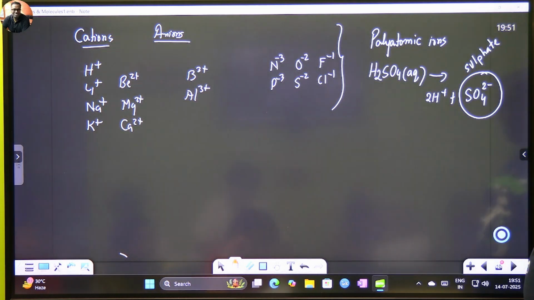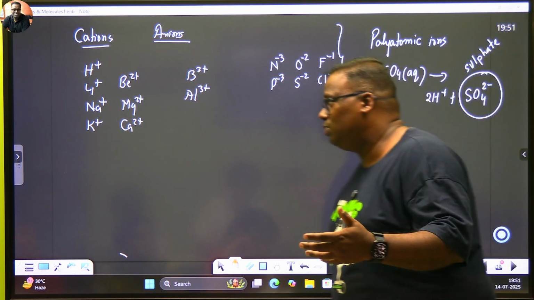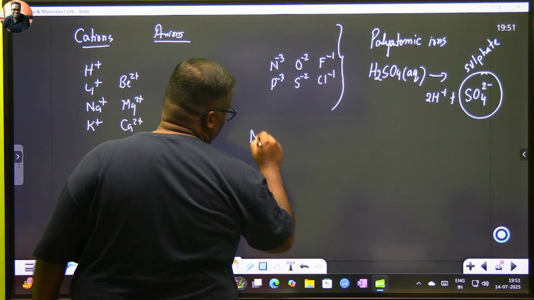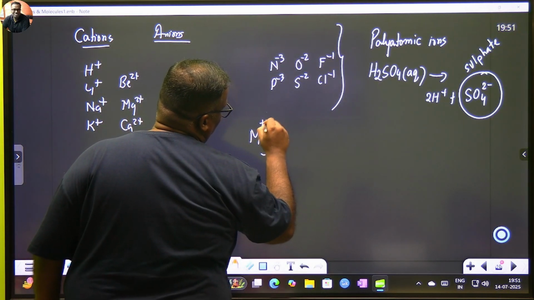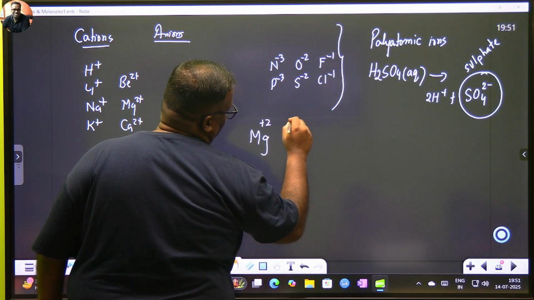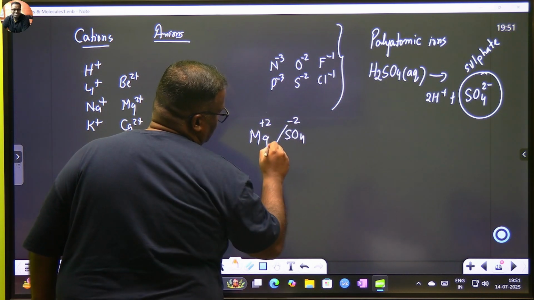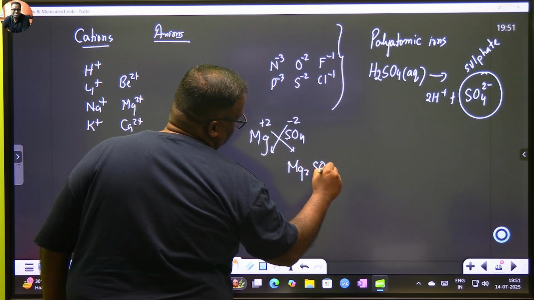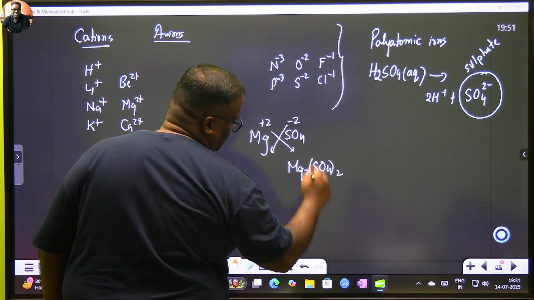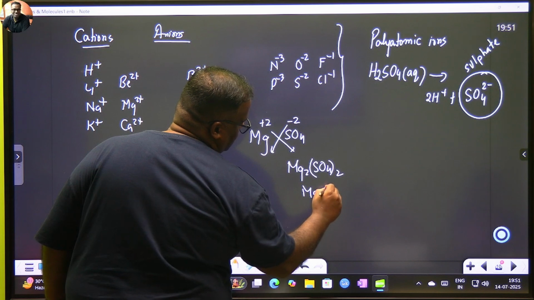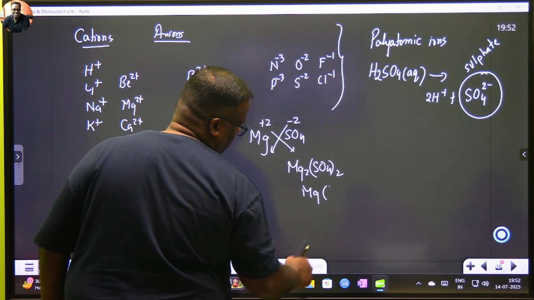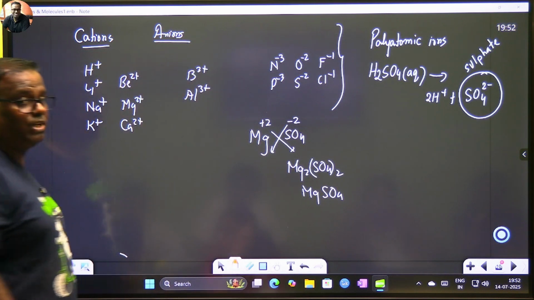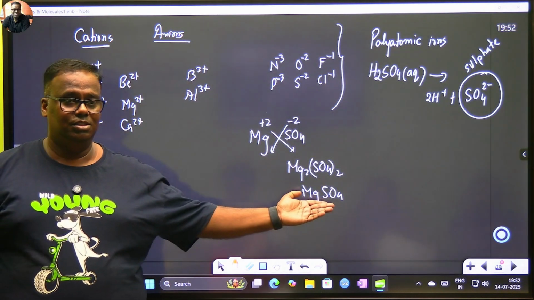समझ में आया? Now let us make a salt whose name is magnesium sulfate. So magnesium has a valency of +2. Sulfate has a charge of -2. ट्रांसफर करो तो प्रोडक्ट कैसा बनना चाहिए? Mg2SO4. You will divide by the whole number to make it a simple ratio, MgSO4. ये हायर क्लासेस में जाके आप पूछोगे मैग्नीशियम सल्फेट कैसे बनता है, एकदम इजी है, बट फॉर दैट यू